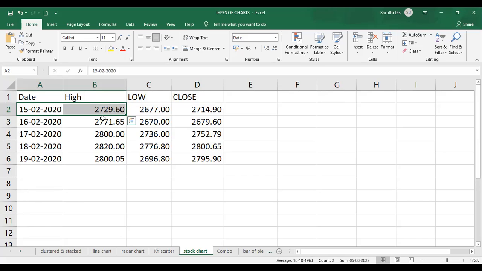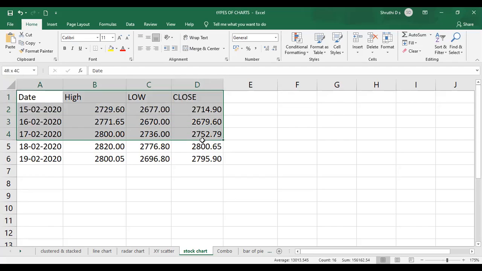The highest value was 2729, the low value is 2677, and the closed value is 2714. Like this, whenever you have some stock values, you can go with this stock chart, wherein you should have the columns high, low, and close, and you should have the dates also.